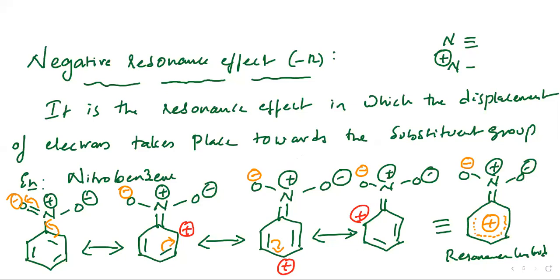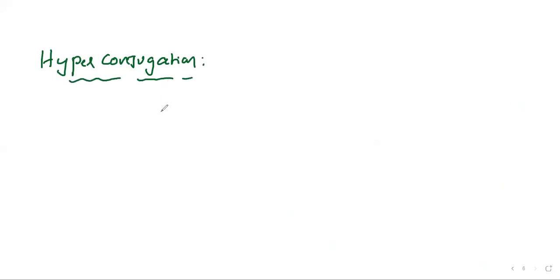Okay, next let us go for hyperconjugation. The last effect is the hyperconjugation effect, students. What is hyperconjugation? It is a special type of electromagnetic effect which involves delocalization of sigma electrons of the CH